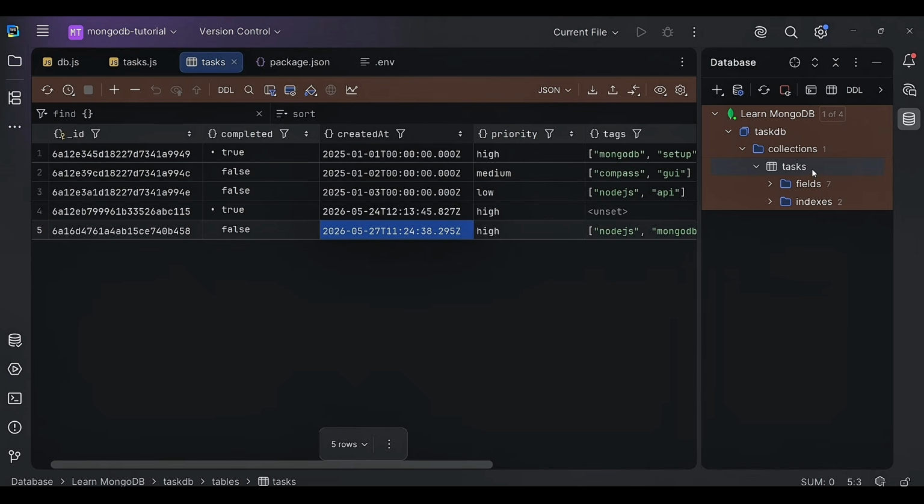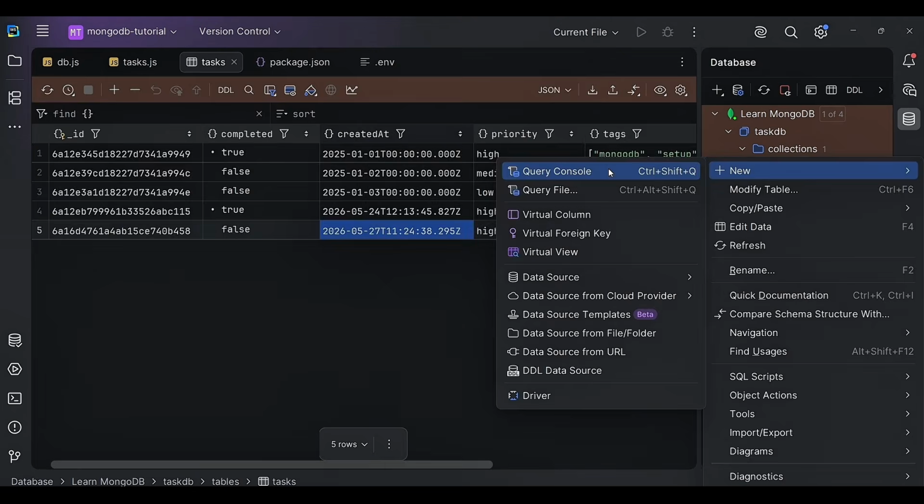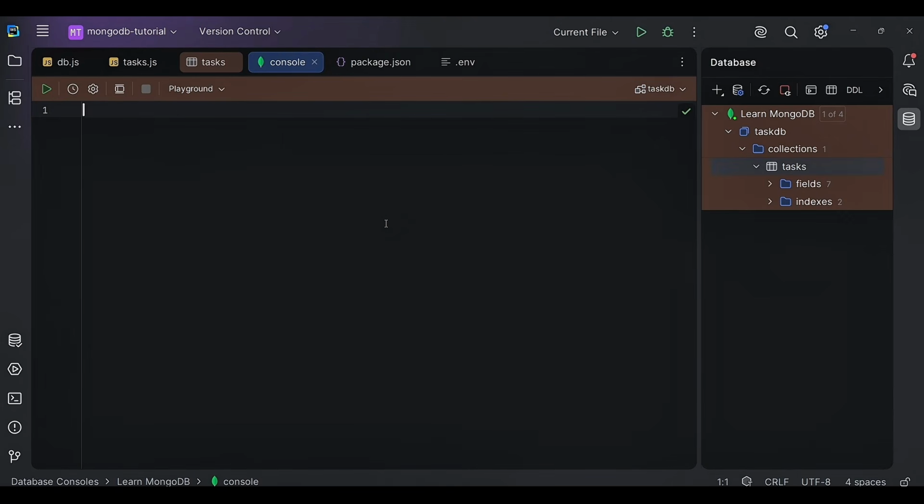Now, the next neat thing that you can do is you can right-click, click on New, and open up Query Console. Now, what makes Query Console better than mongosh or raw queries? It's because it gives you more customization, it color codes everything, it auto-completes your queries for you. So let's run a simple query. So db.tasks. So as you can see off the bat, it is filling out my queries, and I can press enter without repercussions right here,